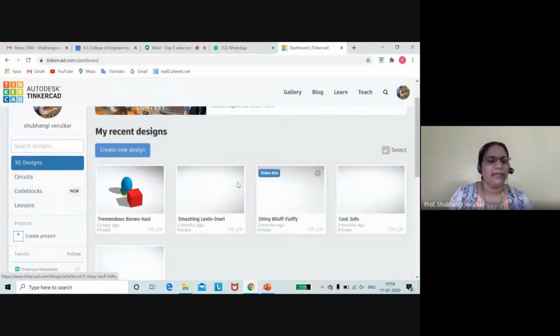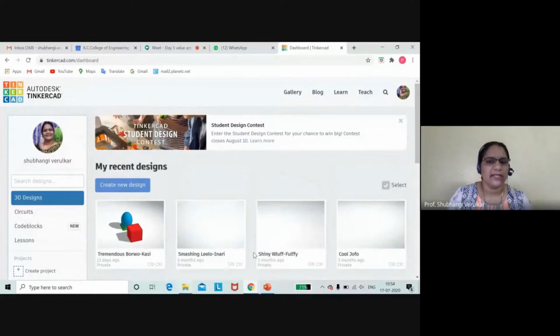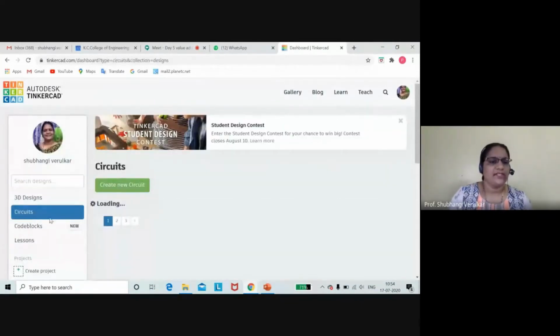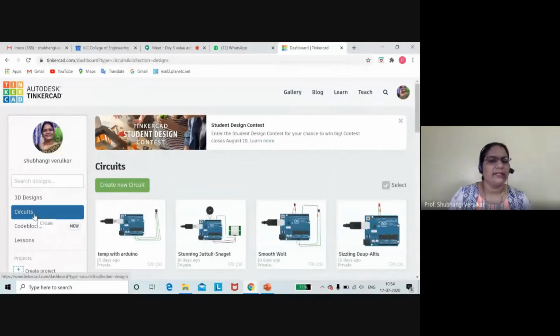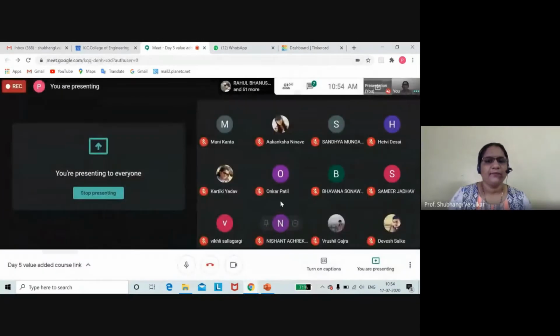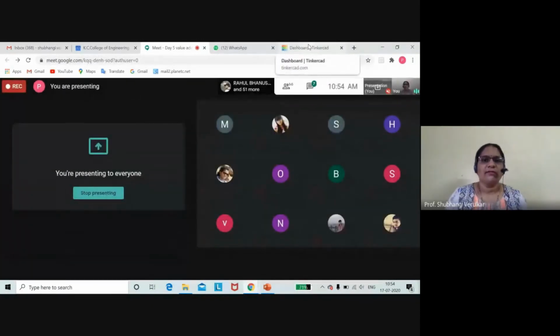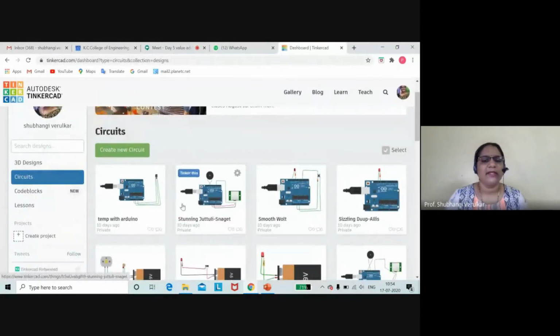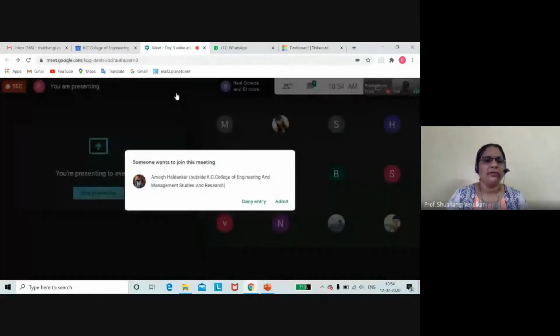Every time keep in mind that whenever you are coming inside this page, after that you people have to click on the second option, not on the first, not on the third. Click on the second option. Once you click on the second option, till now whatever circuit you have designed, that circuit will be present there. Okay, so whatever circuit you people have designed, that circuit will be present there, and you people can work out with the circuit.